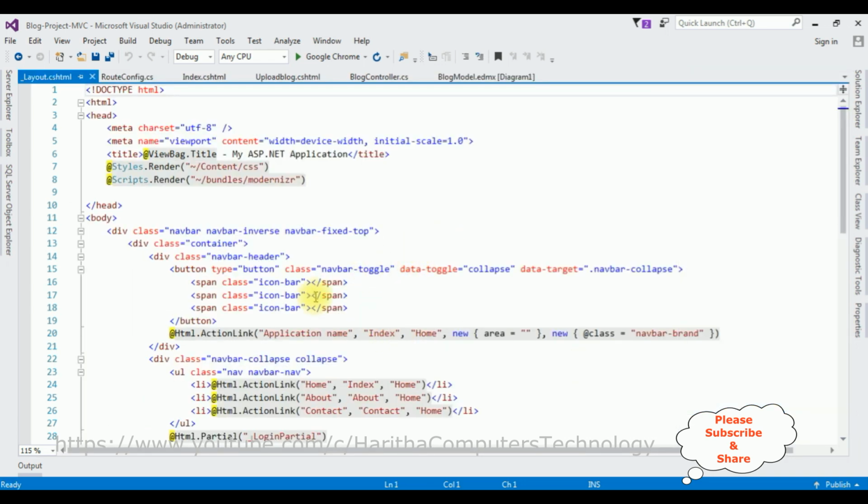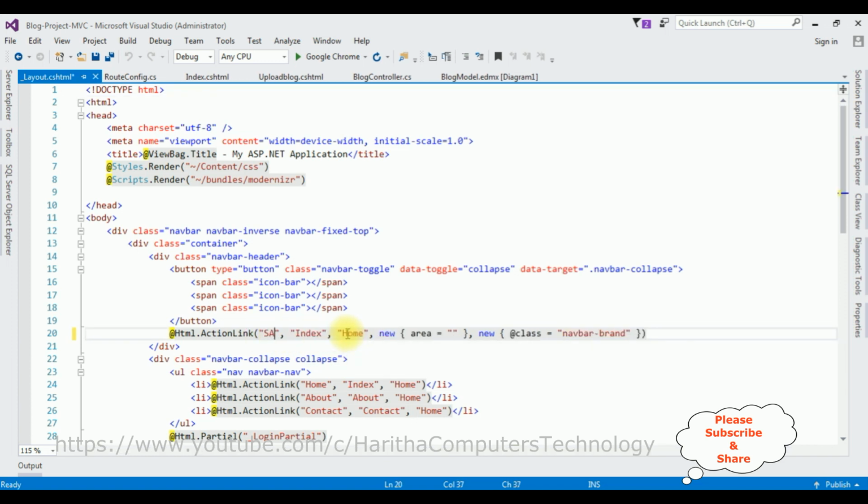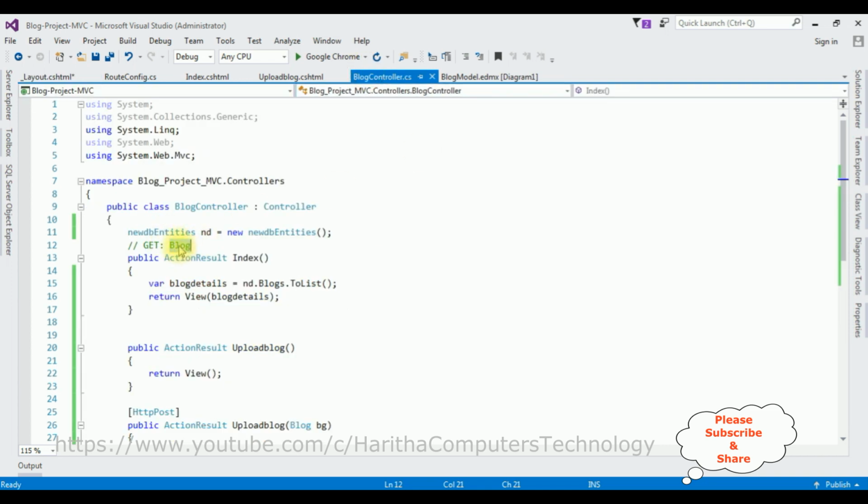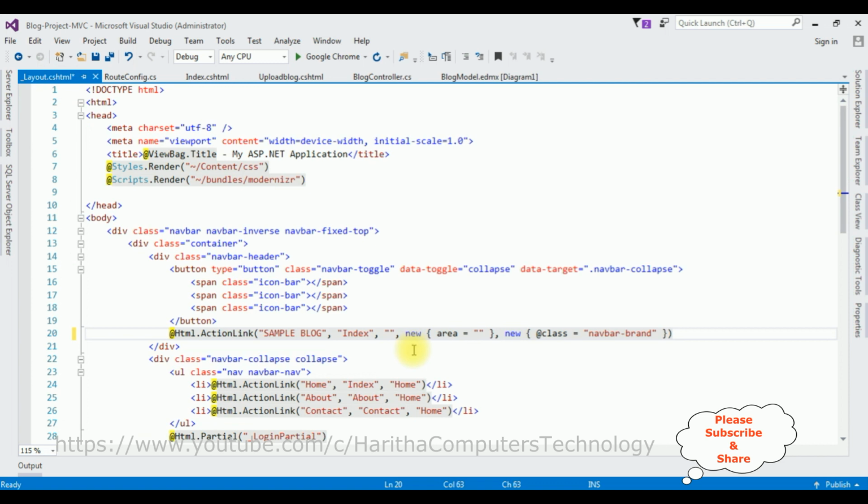And here in the layout, the application name I'm changing to sample blog, and the view page is index only, and the controller name is, our controller name is blog. Let's add that one. And I'm adding the controller name is blog,